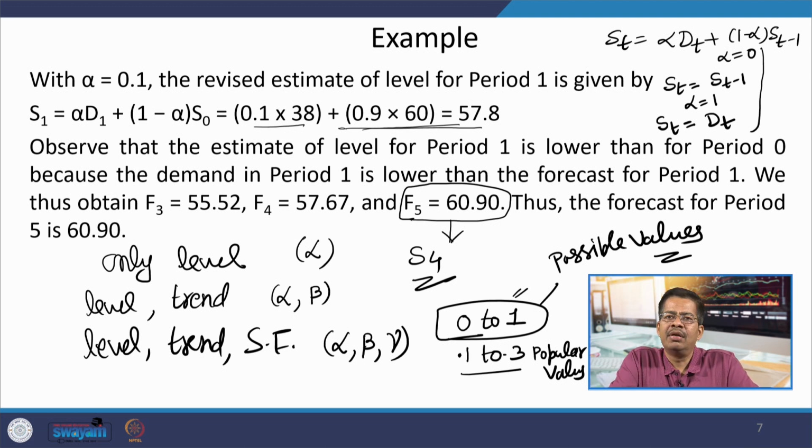It means we have totally ignored the fluctuations. I do not want to include any of the fluctuation for estimation of my new base. These fluctuations are of very temporary reason. They should not be used for updating the forecast values. So, I want to ignore these fluctuations, and when alpha equals 1, it means I totally ignore my past